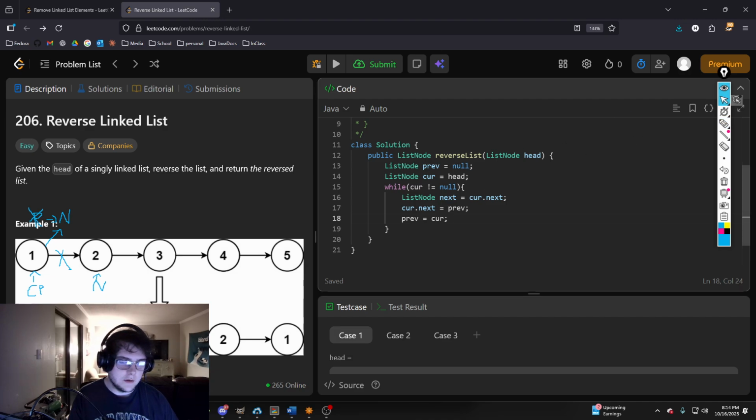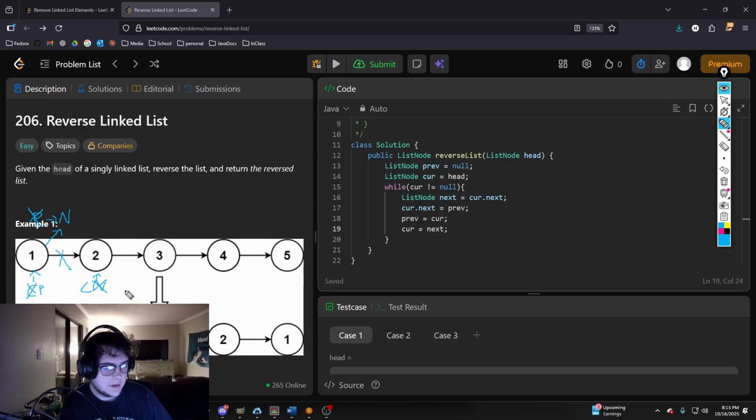And then after that, we want to set current equal to next, right? And then now c is no longer pointing to 1. C is now pointing to 2. And then n, once we break out of the while loop, it will lose its scope and therefore be in the garbage collector. And then we will set a new next equal to current.next. And then we'll loop through this again,